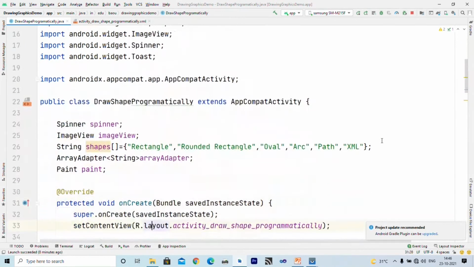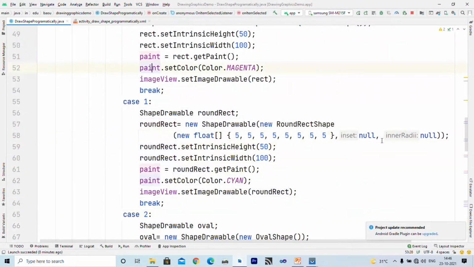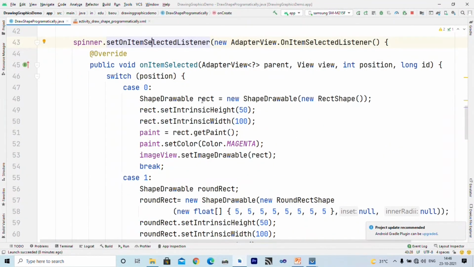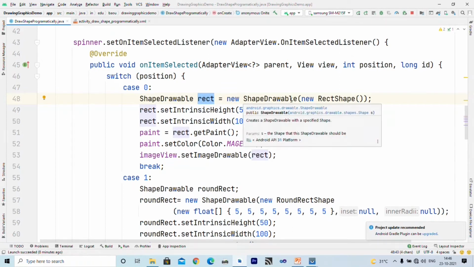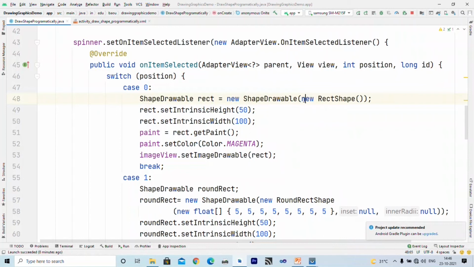For that I have declared one object rect, and I have written new ShapeDrawable. Now inside ShapeDrawable you have to specify the shape that you want to draw. Here I want to draw a rectangle, so I have called an instance of RectShape.